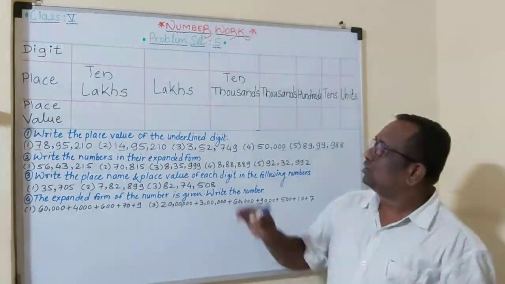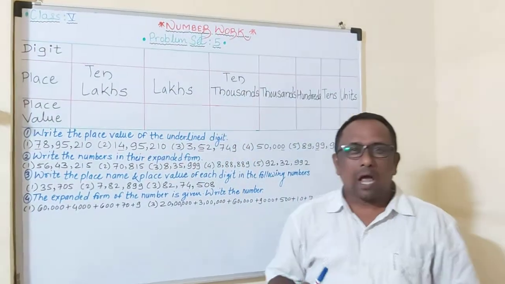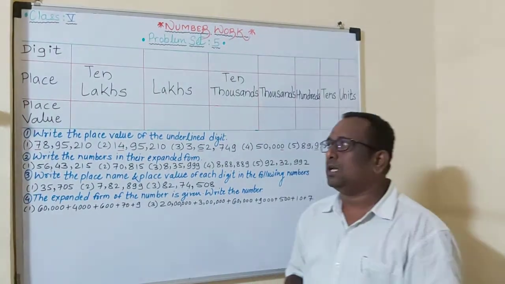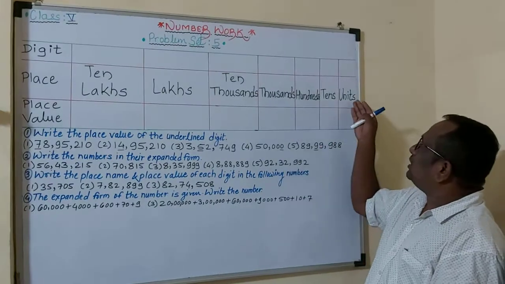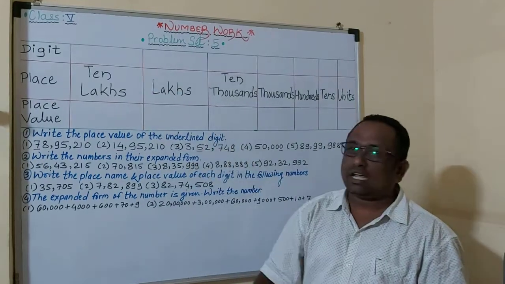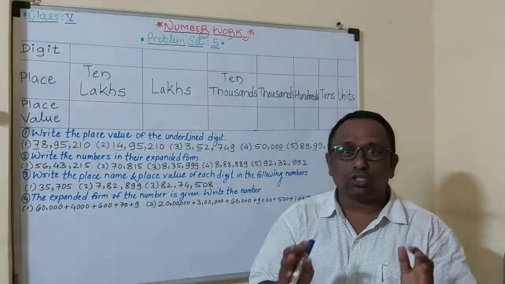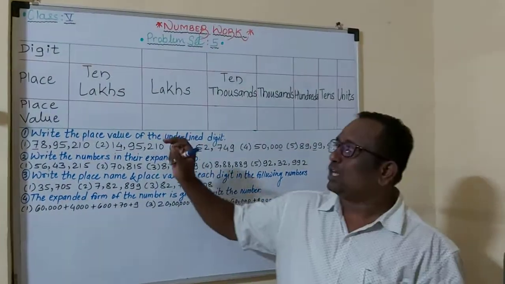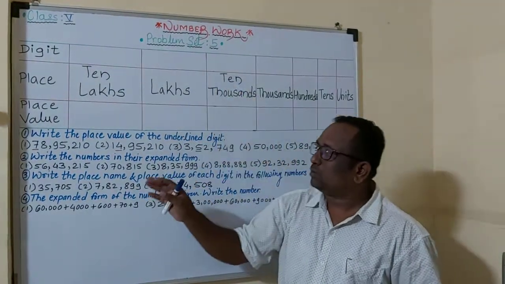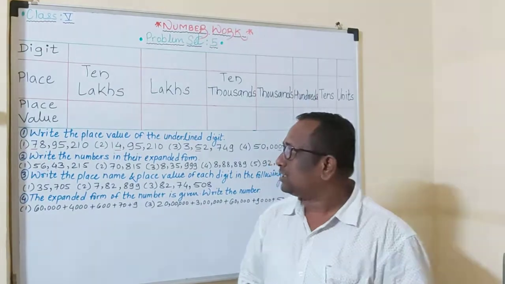You see here, this is our magical box. And you know the name of the magical box is Khichdi box. Yes, Khichdi box. Why? Because there is lots of khichdi. See here, units, tens, hundreds, thousand, 10,000, lakhs, 10 lakh, all the place values, the khichdi's are here. This is the khichdi box. No, this is actually a place chart or place value chart. With the help of these charts, we are going to solve question number 1, 2 and 3. Okay, so now let's start.